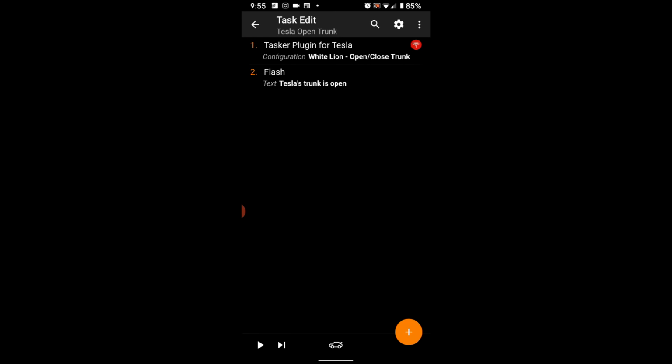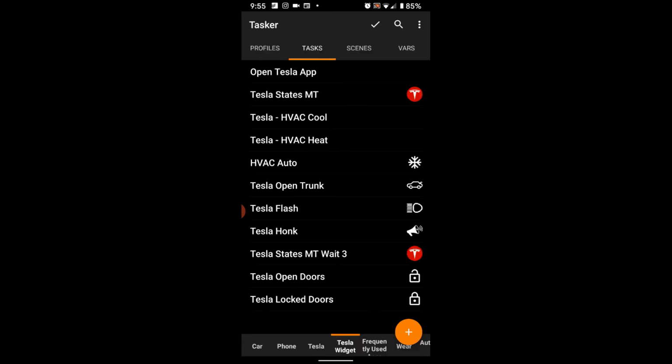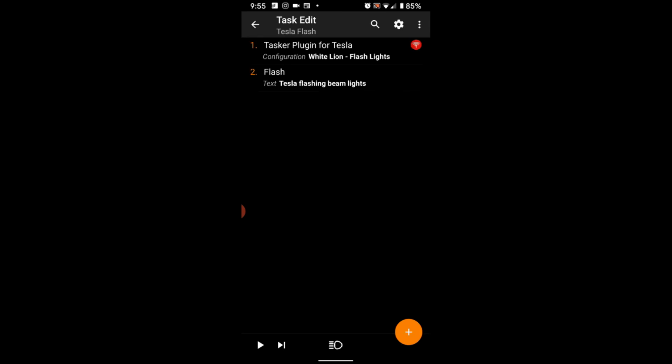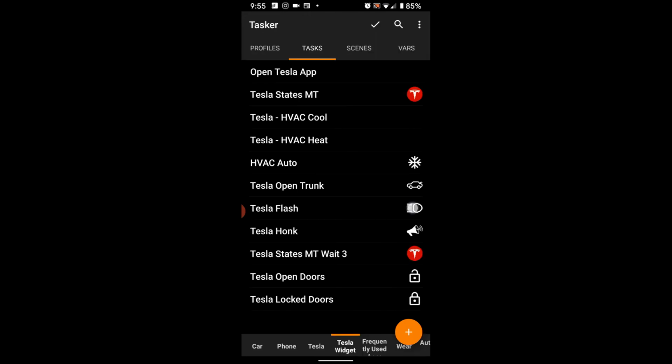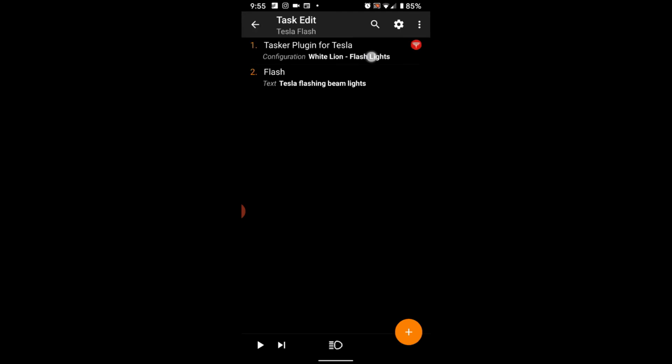But basically that is a messaging that you're going to get on the bottom. Now, the next one, the same thing for flashing the lights. You get that configuration there for the plugin. So it says flash the lights, and you don't have to do much with that. So again, if you click on that,